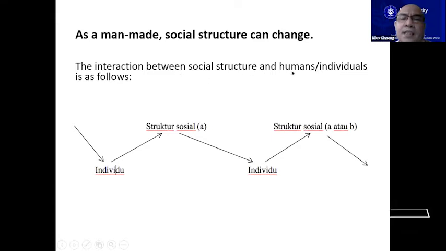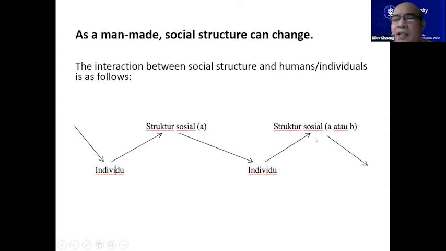The interaction between social structure and human individuals is as follows. The individual is actually determined or produced by society. But then each individual contributes to the maintenance or the change of social structure. So we can produce a type of social structure, and then this again influences our individual life,